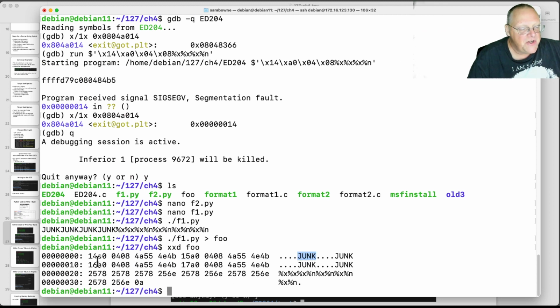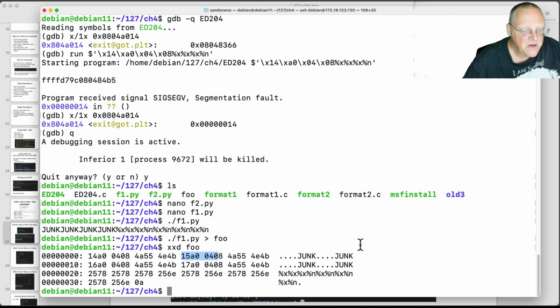And then again, so you can see it is writing the 32-bit word I want, and then just junk, and then the next 32-bit word I want, and then junk, and so on. This is a good way to check the output of a thing like this, which is writing non-printable raw hex bytes into a string variable, which is what you have to do for this kind of exploit.